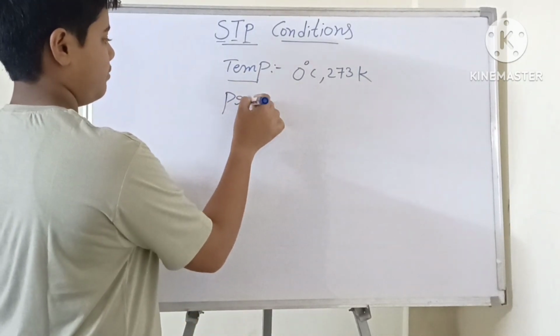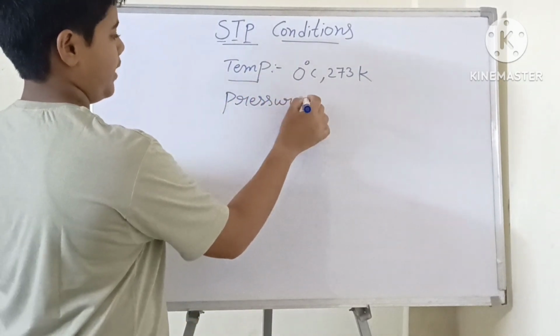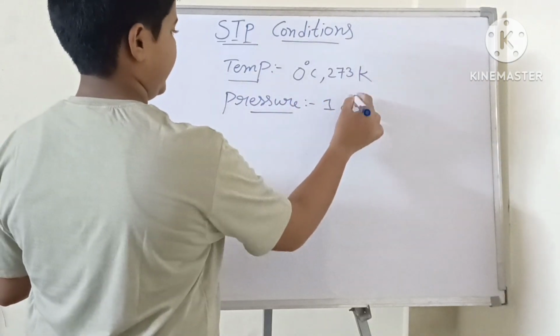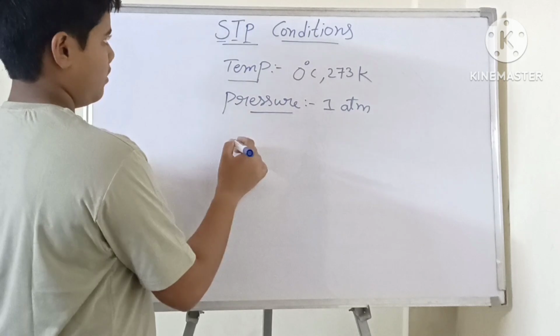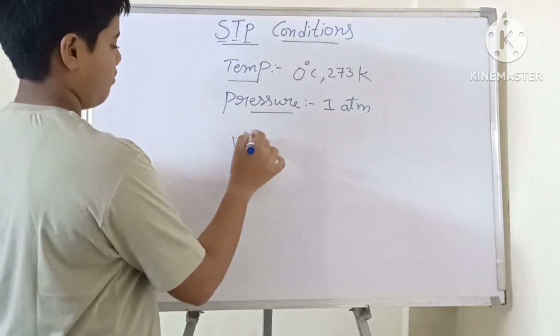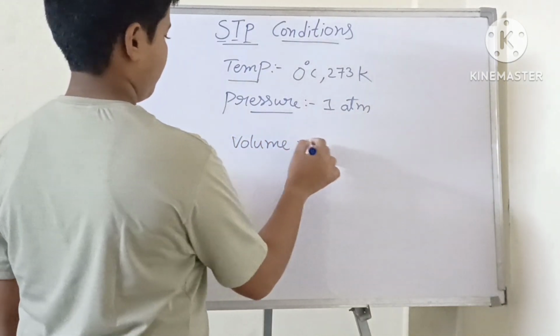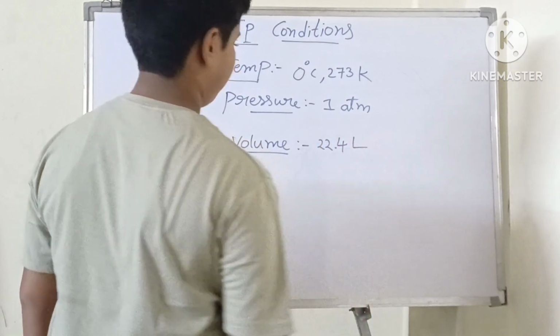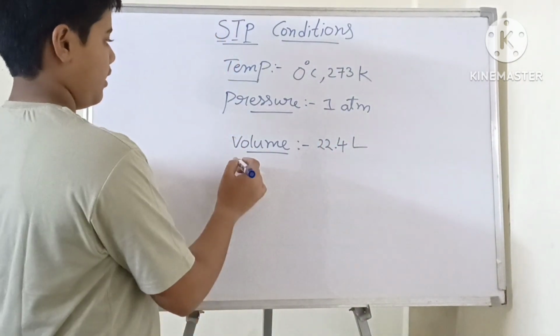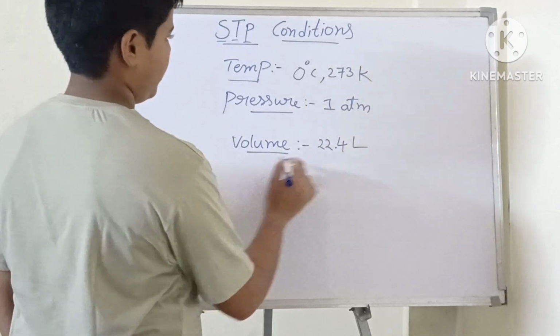And pressure. Pressure is 1 atm, 1 atmospheric pressure. And here volume. Volume is 22.4 liters. Okay, and here another important point,